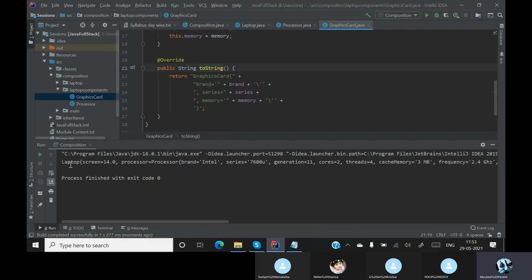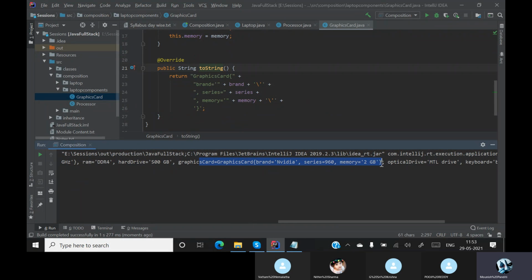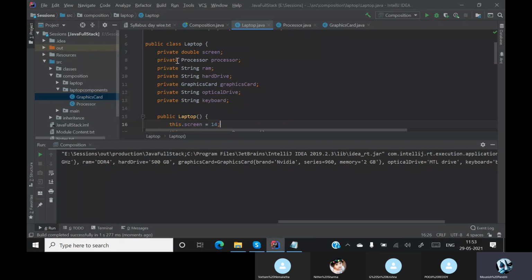Now check it out. My laptop is returning me a processor, and the processor is giving me all its values. And my graphic card is giving me my graphic card values. Understand this? This is how you create a class within a class. Laptop is a class which is having another class called processor, of type Processor.